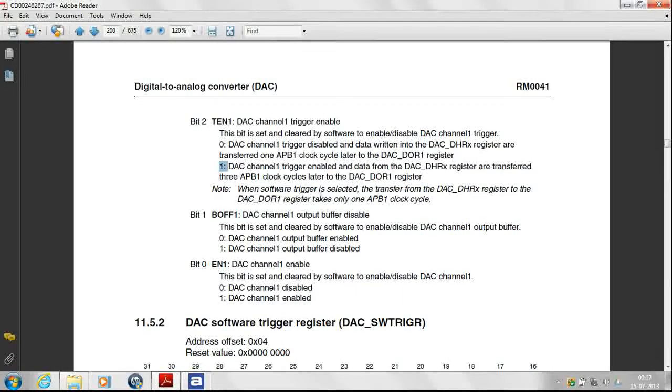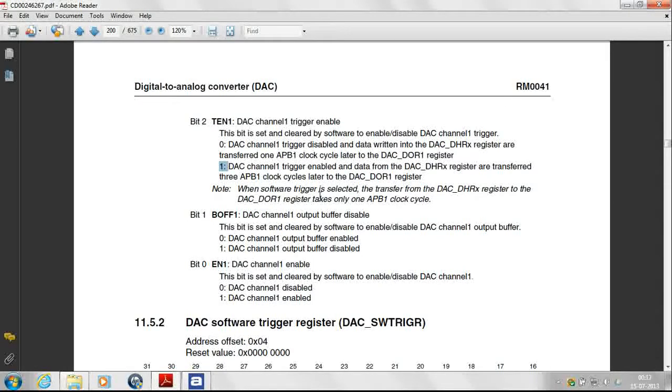So this is the difference, whether the source of trigger that we have already selected is enabled or disabled. In the disabled state, 1 cycle after the data is written to the data holding register, the data is transferred for conversion. In the trigger enabled mode, after the trigger is received, 3 clock cycles later, the data is transferred for conversion.